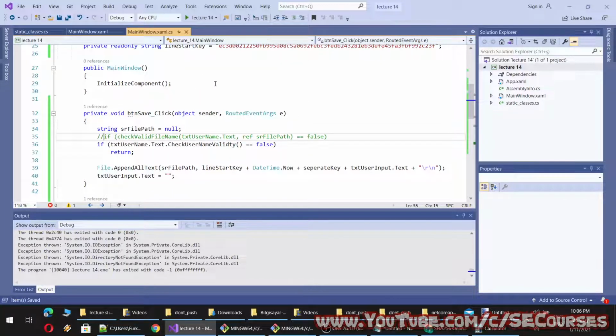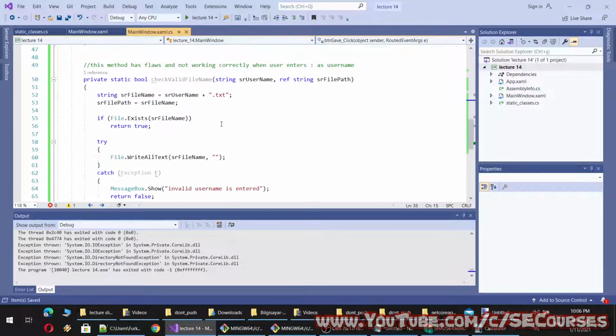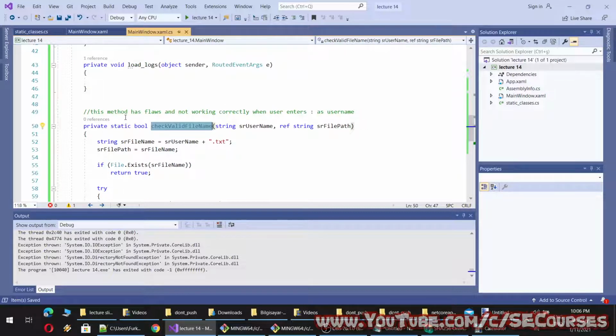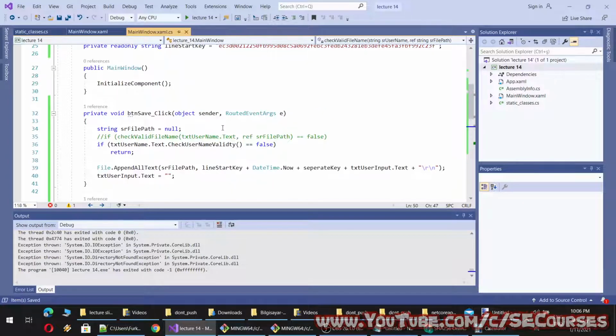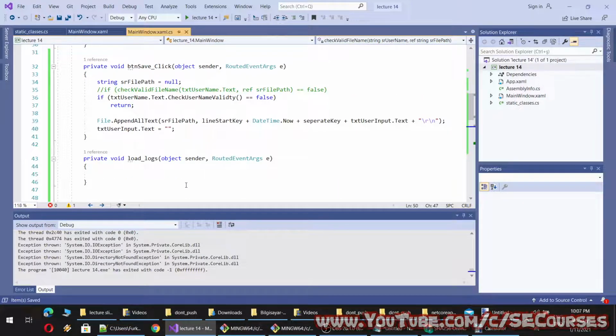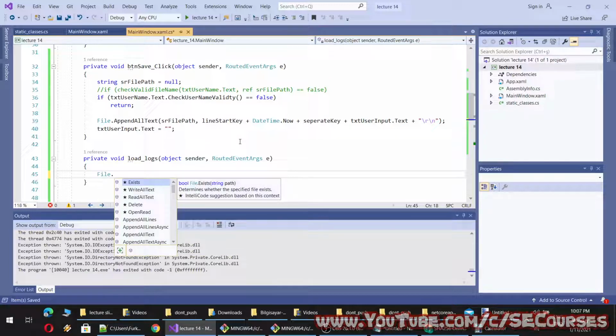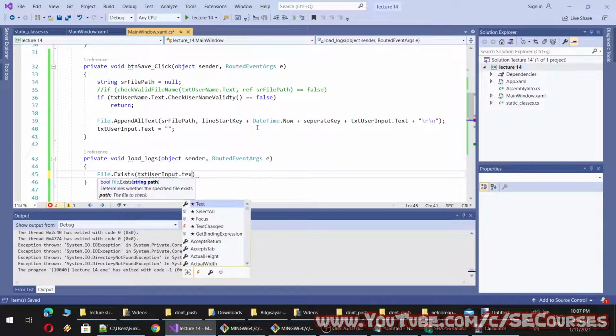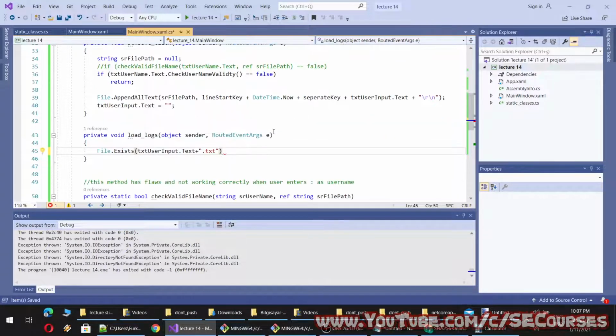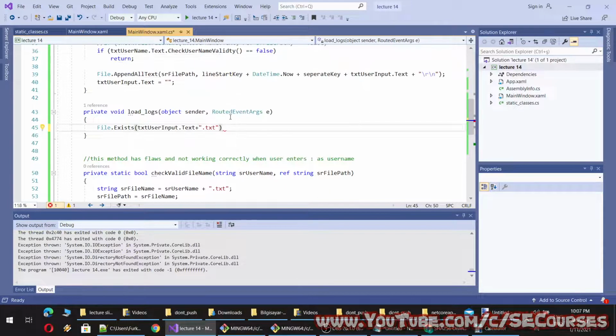All right, now we have the validity check, and this is now obsolete. You see it has 0 references. It is not being used anymore. Okay, we have done the save. Now we are going to do load. In the load, first we start with checking if the file exists: txt user input text plus txt.